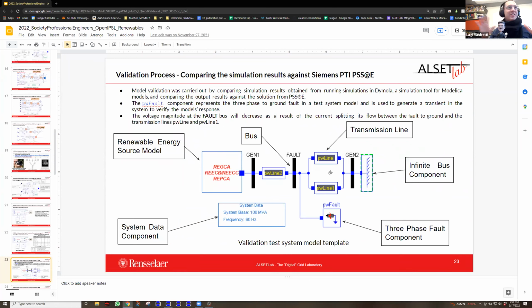The validation process then, when we have the system model put together, is we need to verify. So we will run a simulation with PSSC. We will run a simulation with my Modelica tools, and then we will compare. So the type of